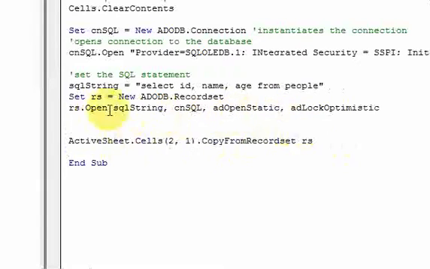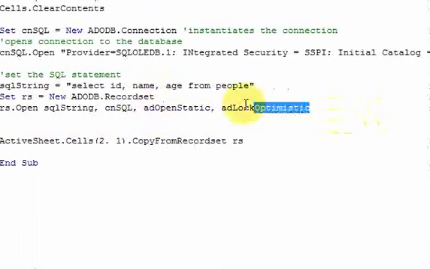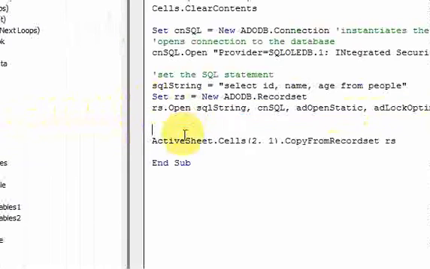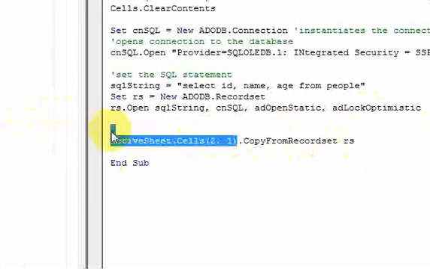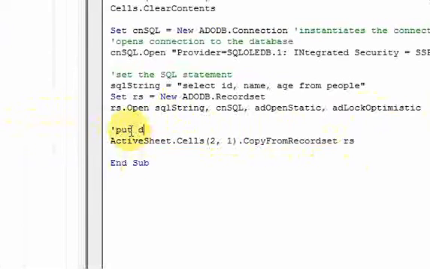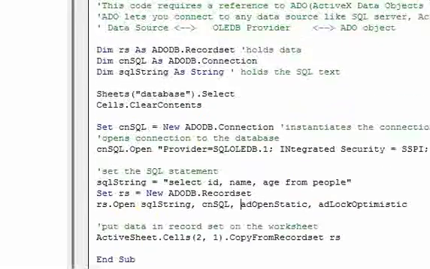Once we have this line of code written, our record set is going to be populated with the data, and it's going to go into this RS object. And then we can copy from that record set object onto our worksheet here, and we can put the data on the worksheet. So now if we run this,